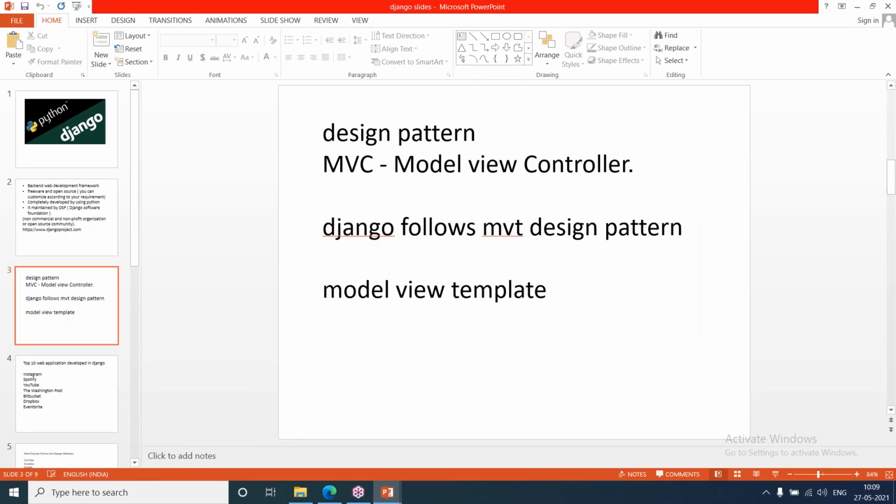Here in Django, we are using design patterns. As I told you, a design pattern is like a blueprint. It will show how to do the project step by step. Whenever any project or work is started, they will have a plan. When they start with perfect planning, they can complete the project within the given schedule. A design pattern is also the same. It will show the steps and the flow to complete the project successfully.